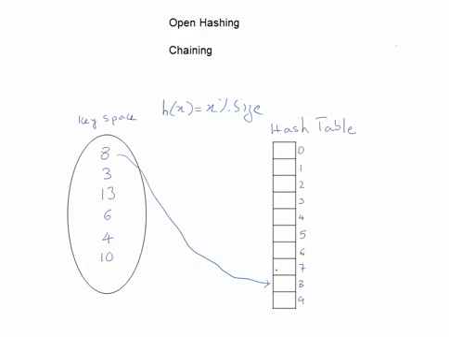So we'll not store the element in the hash table itself, but at this index we will add a new chain, and in that we will insert the element. Chain is nothing but a linked list. 3 is mapped here, so we will add a node to a chain and insert 3. 13 is also mapped here, so we'll add a new node, and there we will